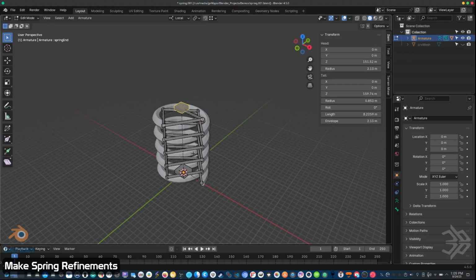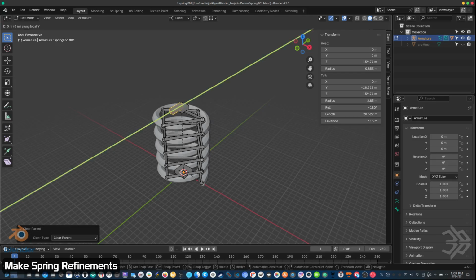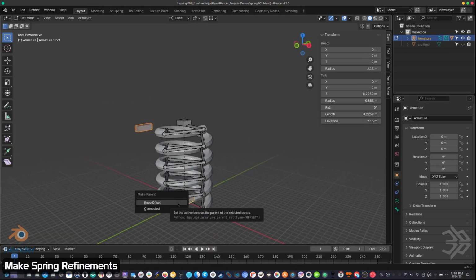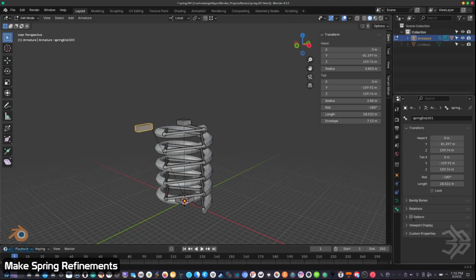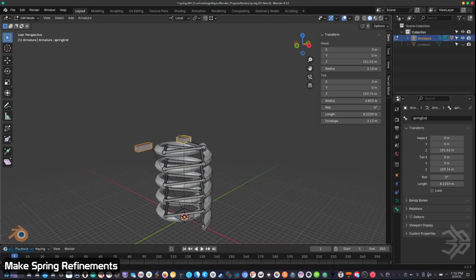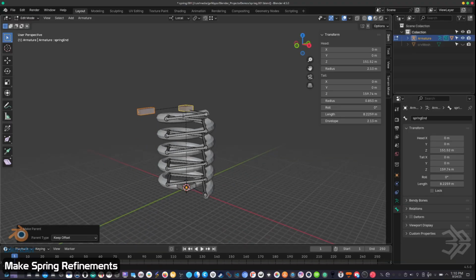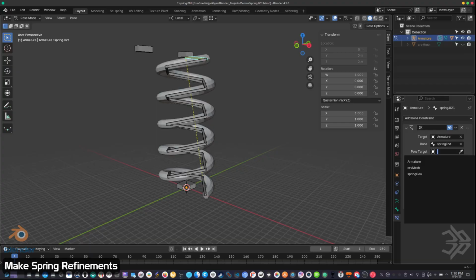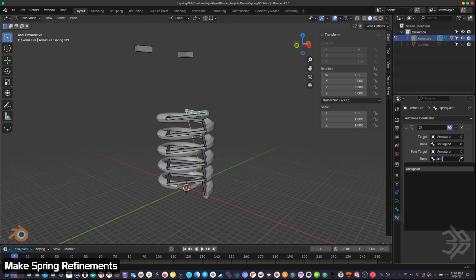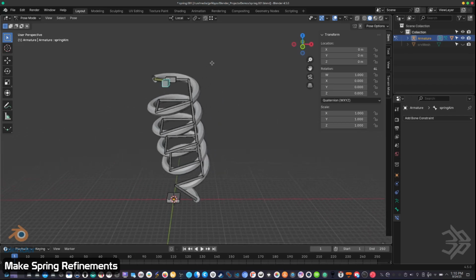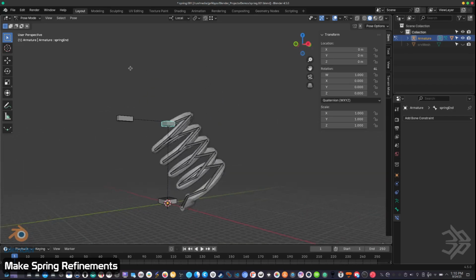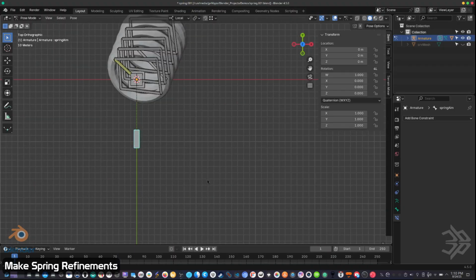Of course, you can also add a pole vector if you want to. And I'm pretty much just going to name that the spring aim. And so if I actually go into the IK constraint here, and I tell it it's pulling that from the armature, and then I tell it spring aim. Now you can see it actually causes it to flip out a little bit. And you basically just need to go in and find the position that